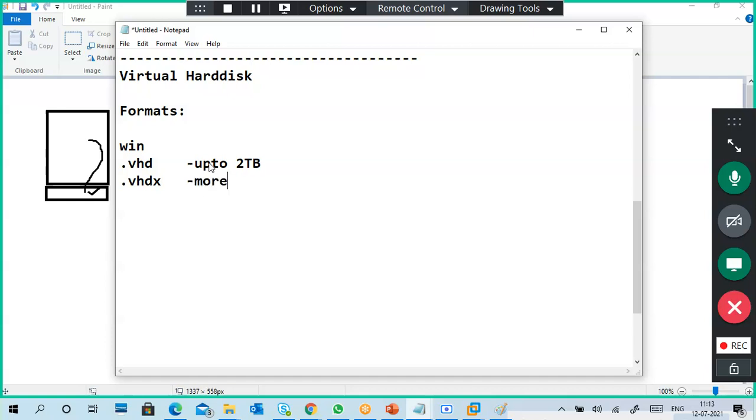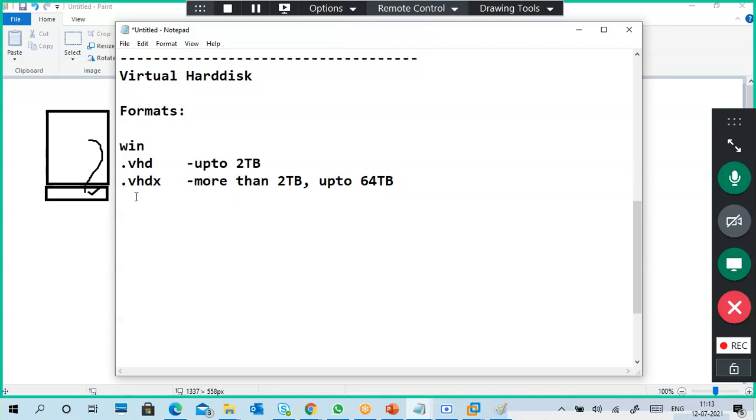VHDX supports more than 2 terabytes, up to 64 terabytes. The maximum size supported is 64 terabytes.